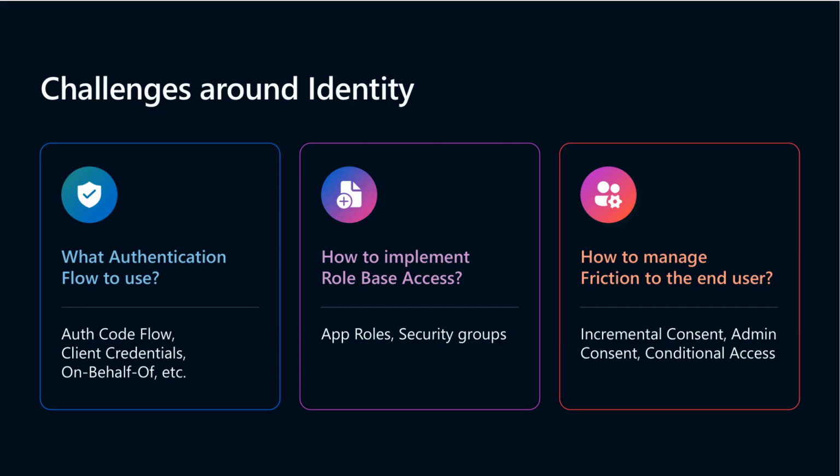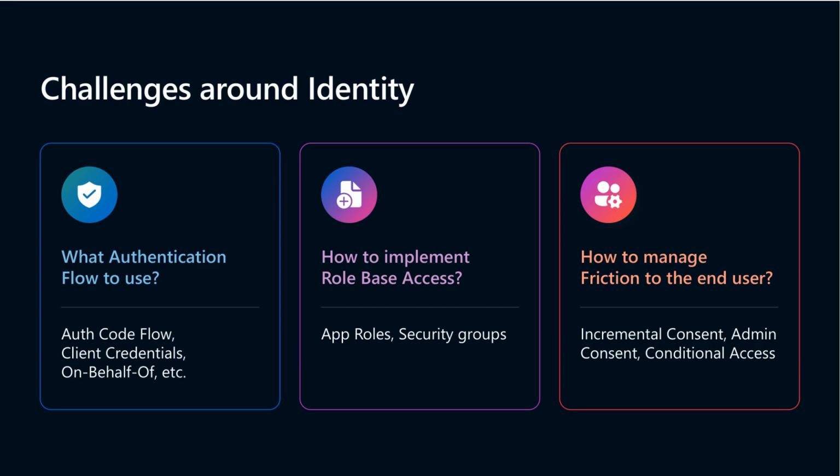Choosing the right authentication flow is critical for securing app interactions. There are several flows: authorization code, client credentials, and on behalf of, each suited to different scenarios like user-facing apps, server-to-server communications, or acting on a user's behalf. Proper role-based access control follows, using app roles or security groups to assign precise permissions, ensuring users get only the